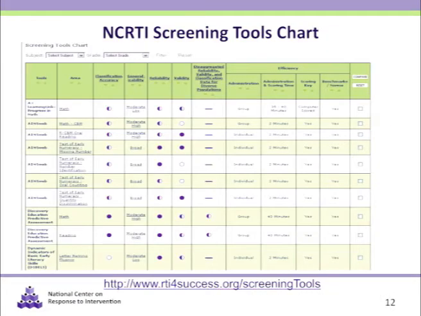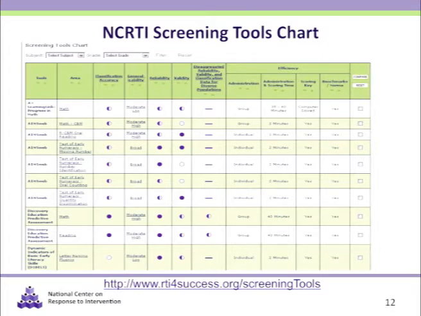The Center has developed a screening tool chart that can be accessed through the Center's website. We will now look at the process for using the tool charts recommended in the User's Guide, which is also available on the Center's website, and review how the chart is structured to include both indicators of valid tools and efficiency factors. The tools charts include a large amount of information designed to assist you in selecting a tool that is most appropriate for use in your classroom, school, or district.